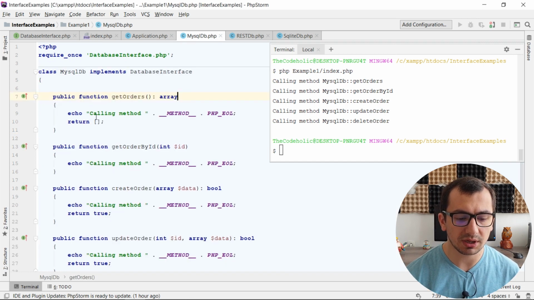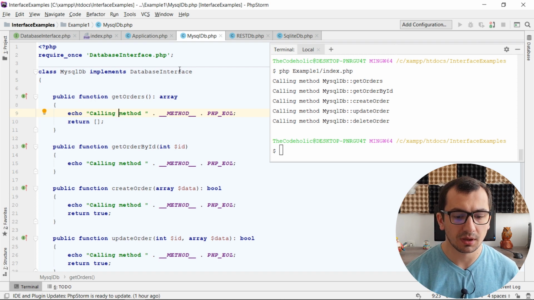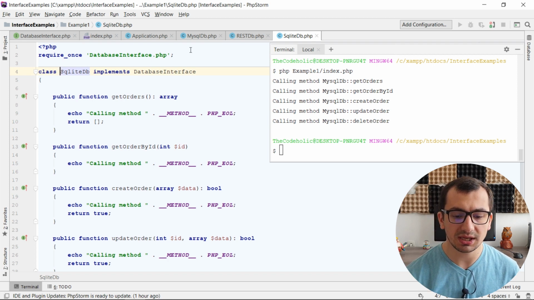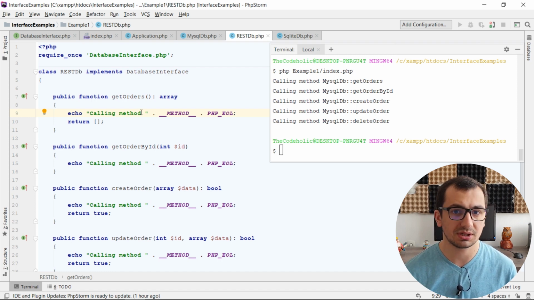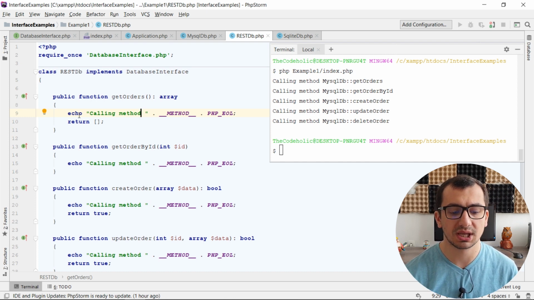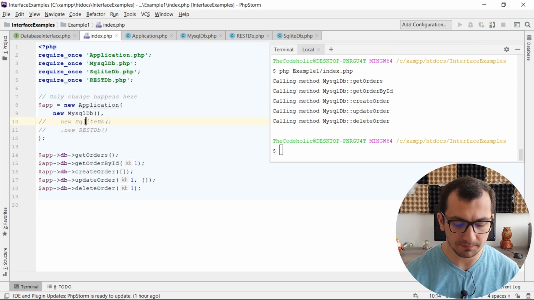And in MySQL DB right now I'm just outputting calling method, but of course you are going to implement selecting orders from the database. In SQLite DB you are going to implement selecting orders from SQLite database. And I have REST DB class also, which is pretty much similar to those two. But instead, maybe you don't have a local database, but you are using some RESTful service for getting orders or deleting or creating and so on. And in this case, you can implement making a CURL request here in the methods. And if I change this into REST DB,